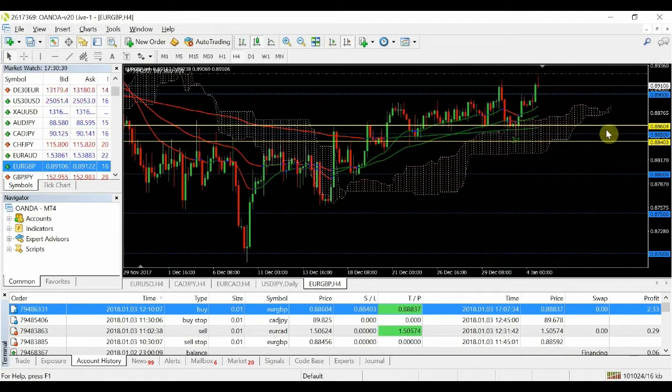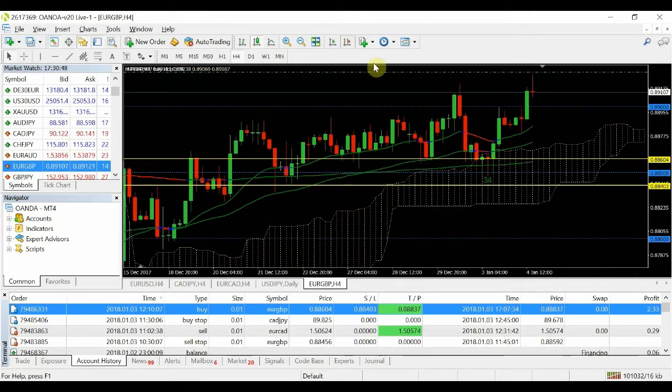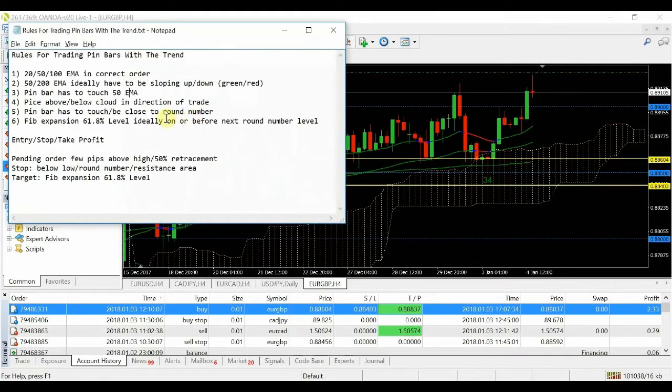Ignore these yellow lines, they'll become relevant in a second because they're related to levels to do with where I got in and where my stop loss is, etc. Zoom in a bit more so we can see. So there's this pin bar over here, and the first one I'll talk about, so I can remove it from my chart because it's getting in the way, is